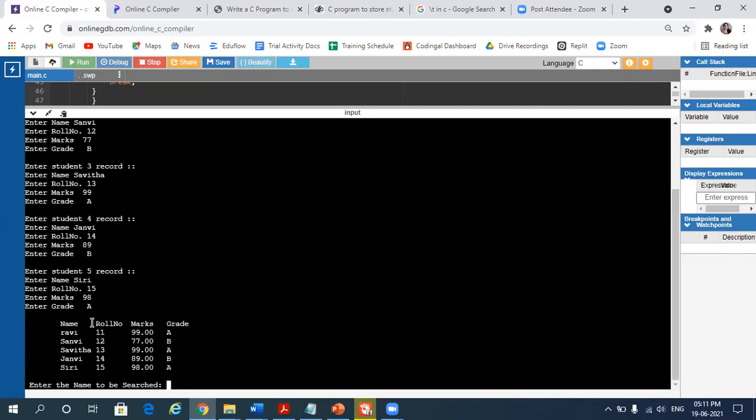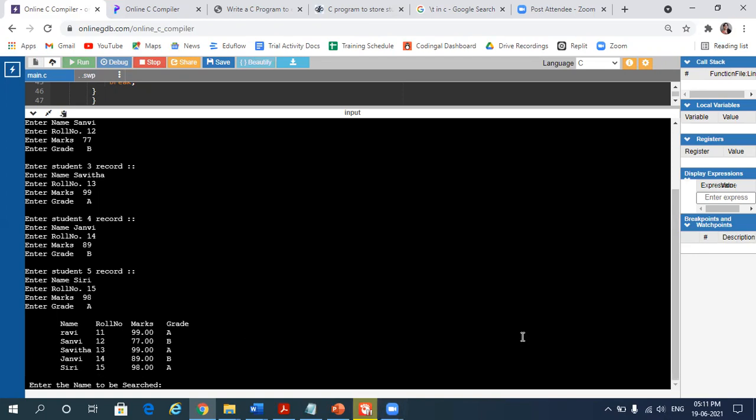See here name, you can see some space here, right? Because we give \t in our program, which I'll show you later. And one more thing you need to observe is we have 0.00, which means it is printing up to 2 decimals. And here you can see some spaces between, that is because of \t that we give in our program. And then enter the name to be searched.